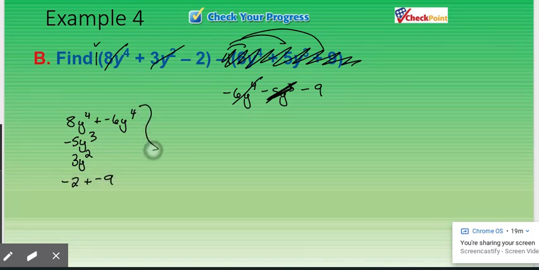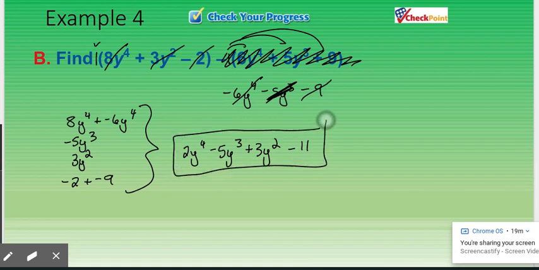Now it's real important that you didn't accidentally put your y to the third and your y squared together. And if you're not really paying attention, that is something that's very easy to do. So let's add these up. That's going to give me 2y to the fourth, negative 5y to the third, plus 3y squared. Then negative 2 plus negative 9 is negative 11. Okay. All right, our next part